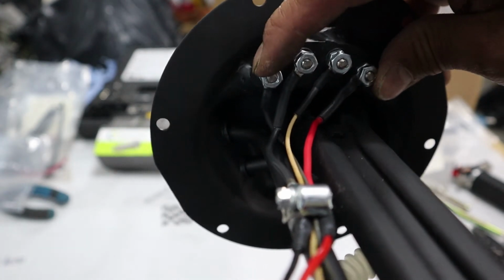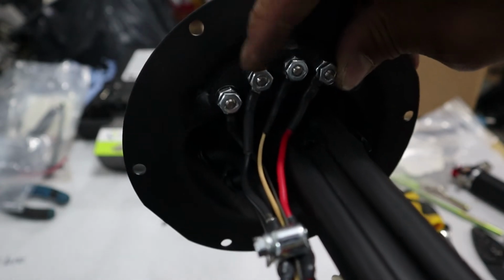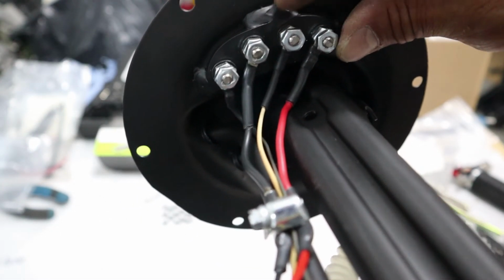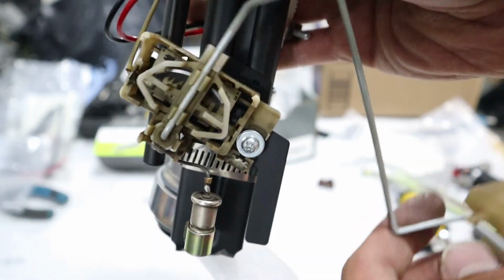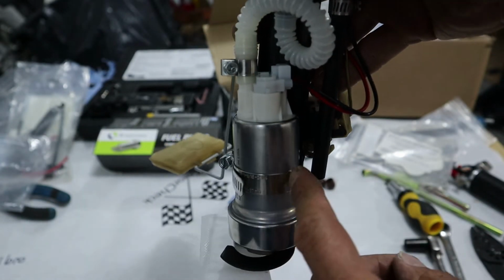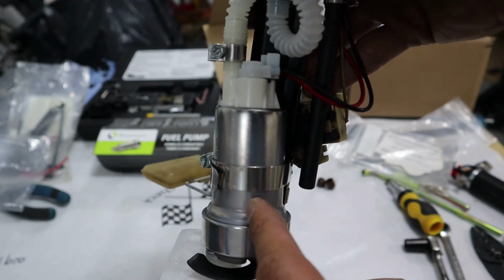Just a reminder, this is the wire for this little sensor. This is the black wire for your fuel pump. This is the fuel level, and this is the red wire for your fuel pump. So I made sure to test the fuel level with the gauge. It's working. We got this here, and I decided to go with the Walbro 274, so 410 liters per hour, I believe,